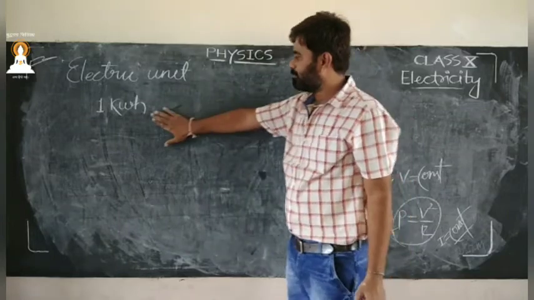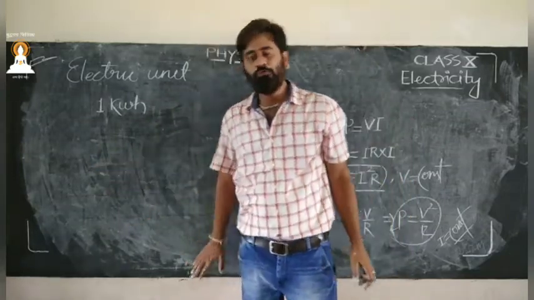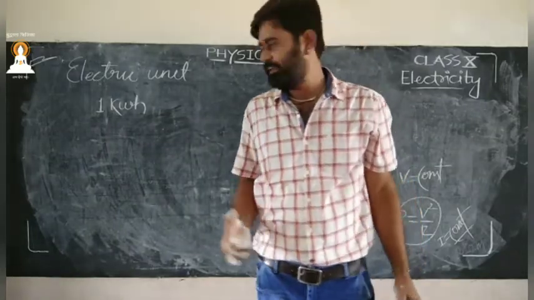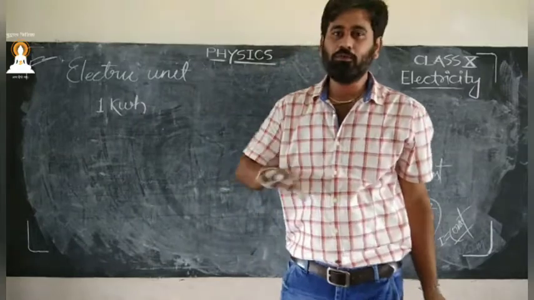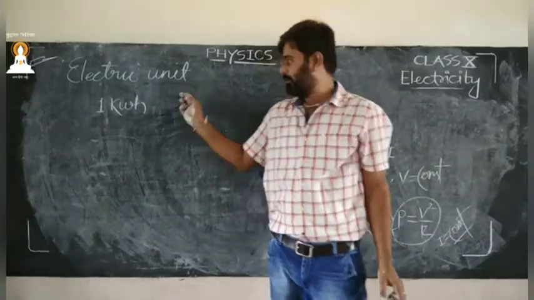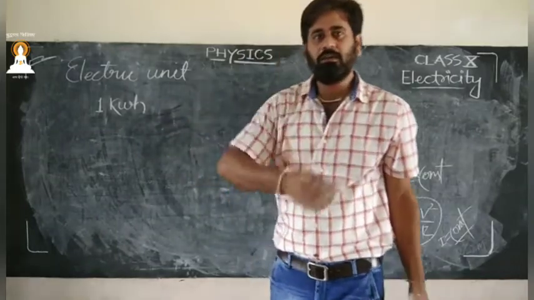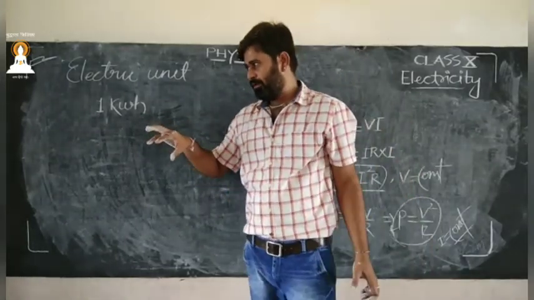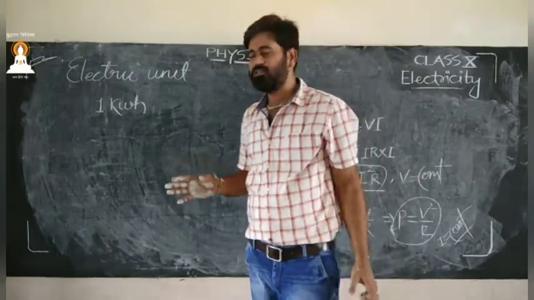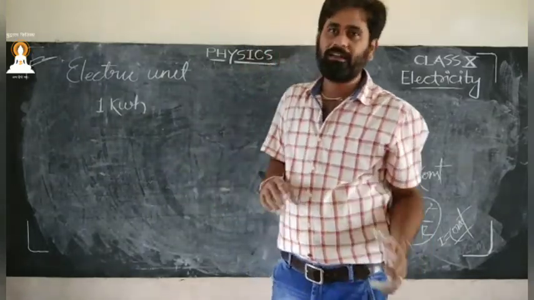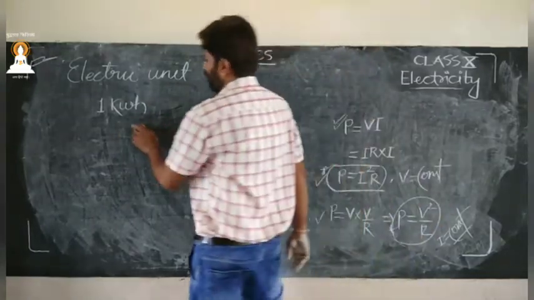So that's why, in case of electricity also, we consume a lot of energy, and that energy can't be conveniently calculated in joules. Although it can be calculated, the amount will be too large, which can't be remembered easily, can't be stored easily, and that might be more hectic. That's why we have introduced 1 kilowatt hour as a unit.